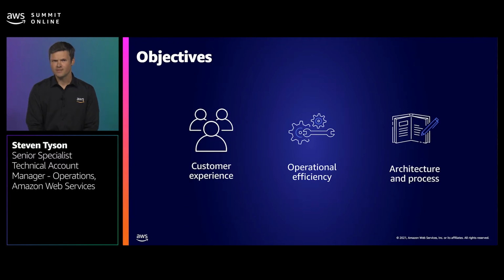So what are our objectives? Jane's moving to microservices. We're talking about observability. What does all this actually mean? Well, first up, we care about customer experience. We want to know when customers are satisfied, when they're unhappy, when systems are slow, or just plain not working. And we can't do that with infrastructure metrics alone. We need many different data sources. We need to analyze, report, alarm, and plot trends about it. This leads to operational efficiency.